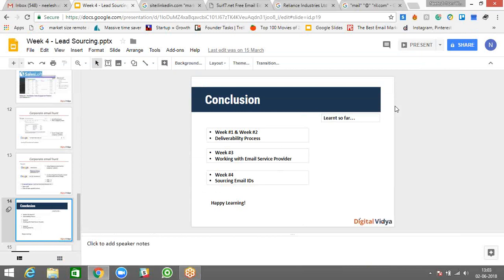After that, take up an ESP which does not have any reputation. Run your database on that ESP. That ESP will clean up the well-known bounces. It will also give you the set of people who have opened the email and who have not. Pull out all these lists separately. Now, once you want to launch your campaign, upload the openers.